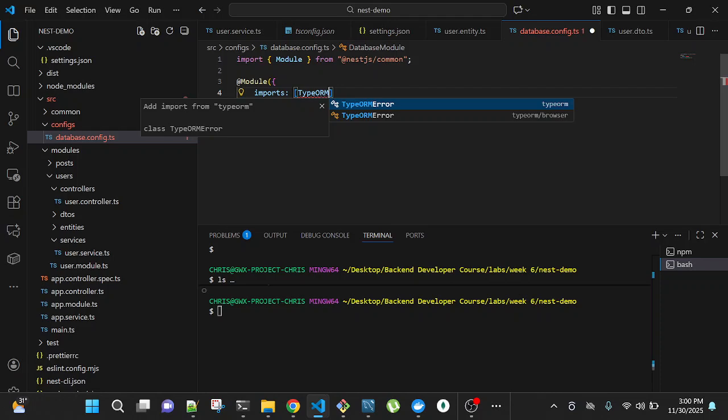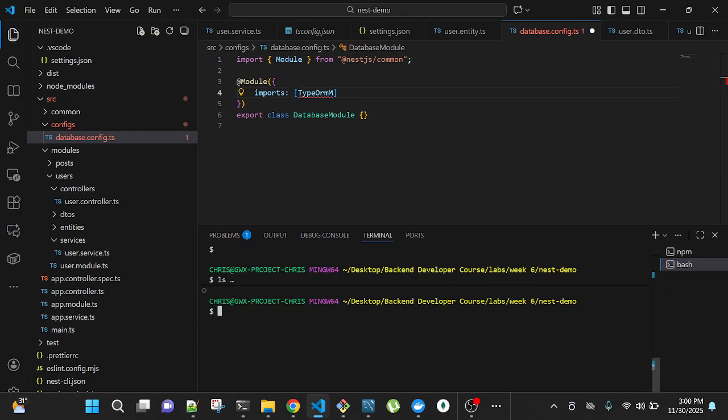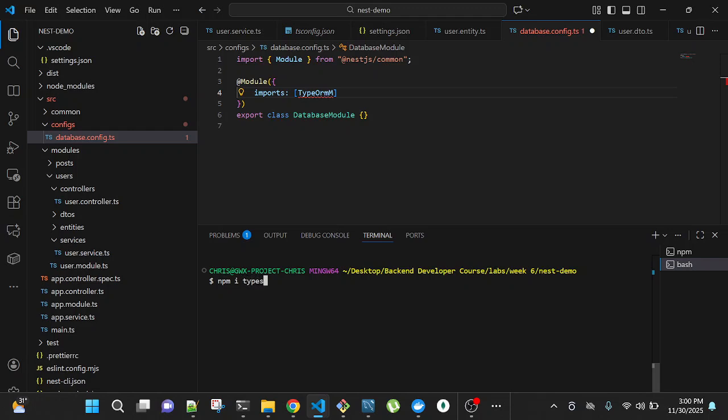I'm using TypeORM. I'm supposed to install the Nest configuration for TypeORM, because I am using TypeORM in Nest. I need to install this package so that TypeORM will properly integrate with NestJS. So this is the package I'm trying to install.